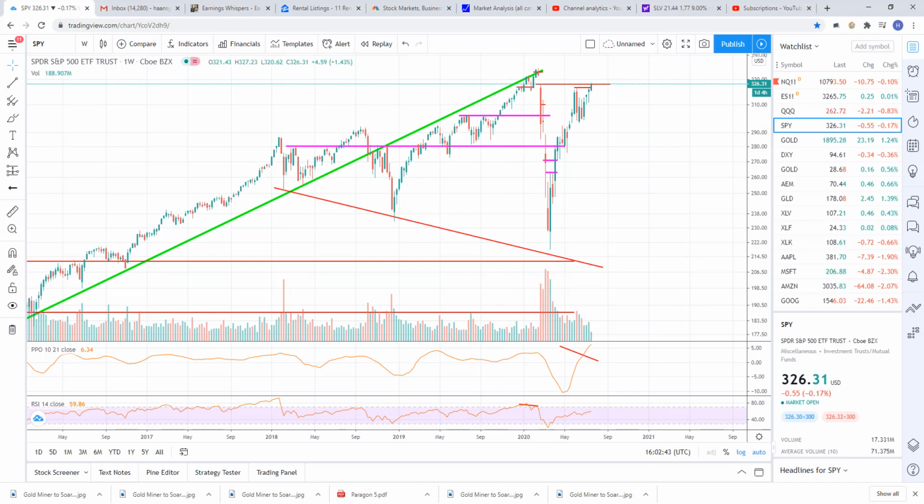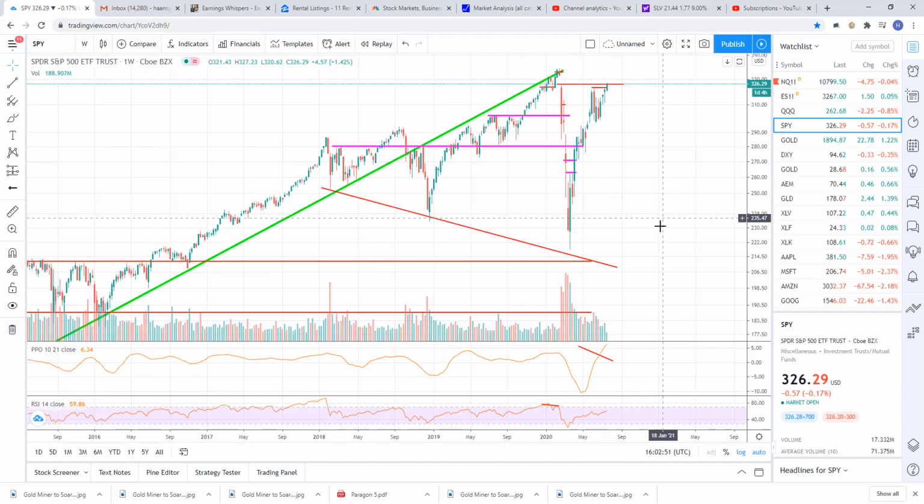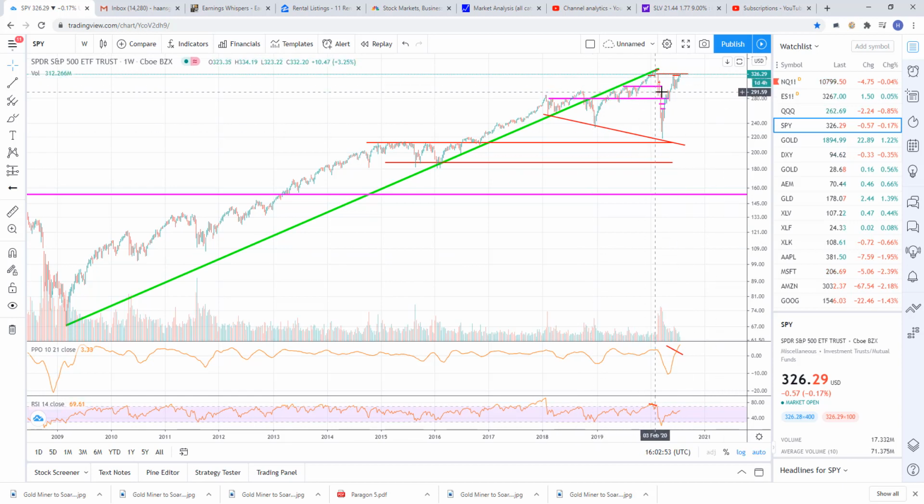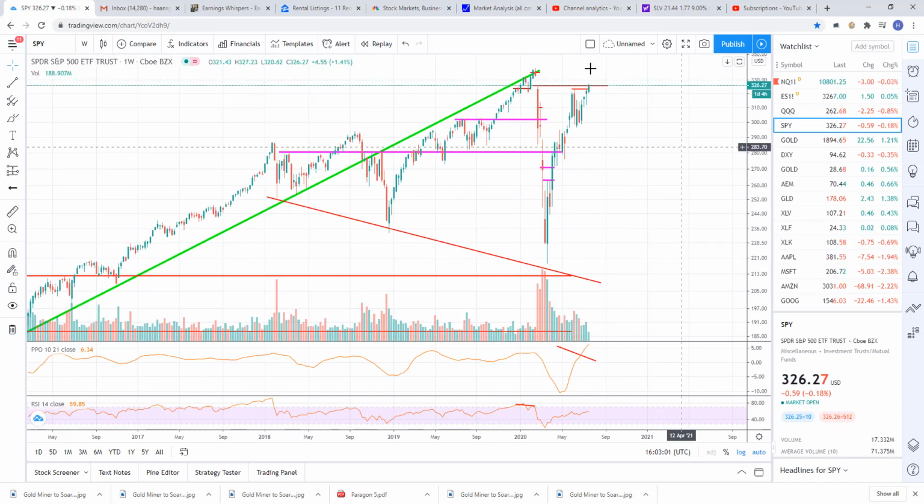Obviously, the Fed can bump things up, but the point that I'm trying to make is the trend is broken. This is a sideways, volatile, choppy trend. It is a topping pattern. Volatility increases when you start to make tops. This is your bull market trend. This is the breakdown. So I want to point that out for anybody who's new.